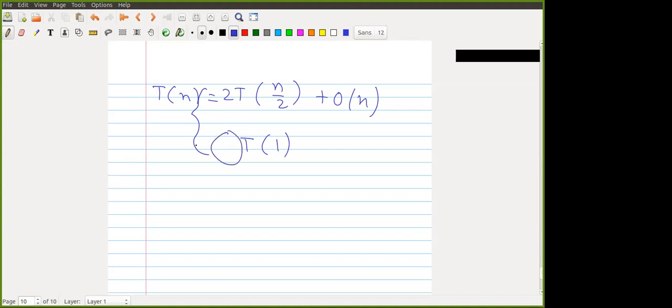If the number of steps to go from n by 2 to 1 is constant, right? If the number of steps to go from n by 2 to 1 is a constant, okay, then at